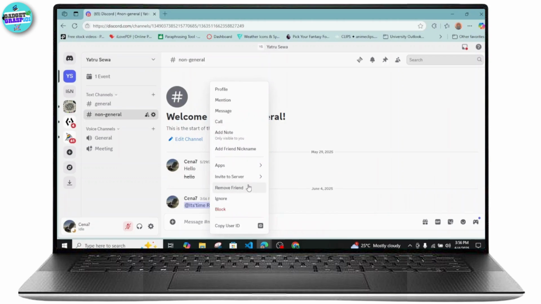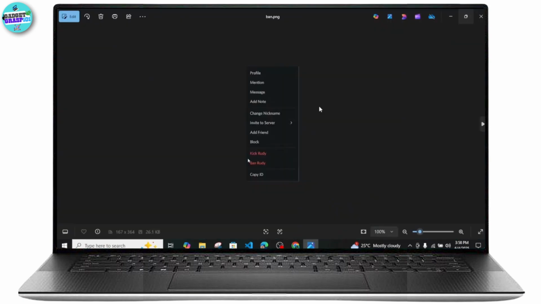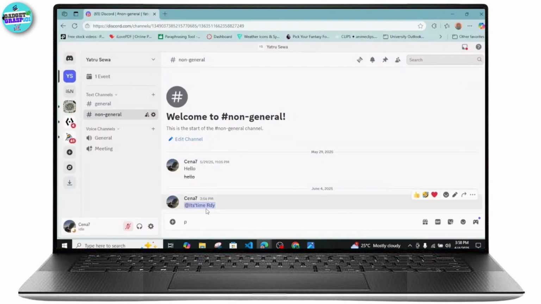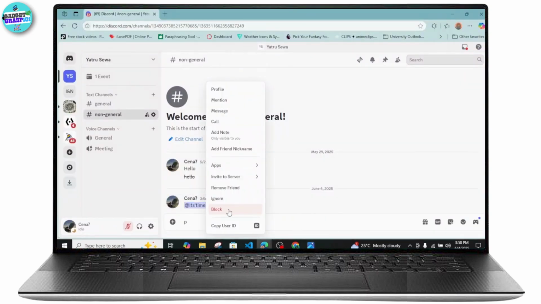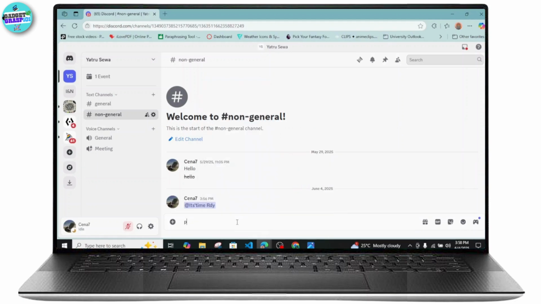So finally right click on it, and here you should see such options. In my case it's not showing, and you should see such options that is ban that particular person. So in this case it's not showing for some reason, so I'll simply tap on this ignore or block instead